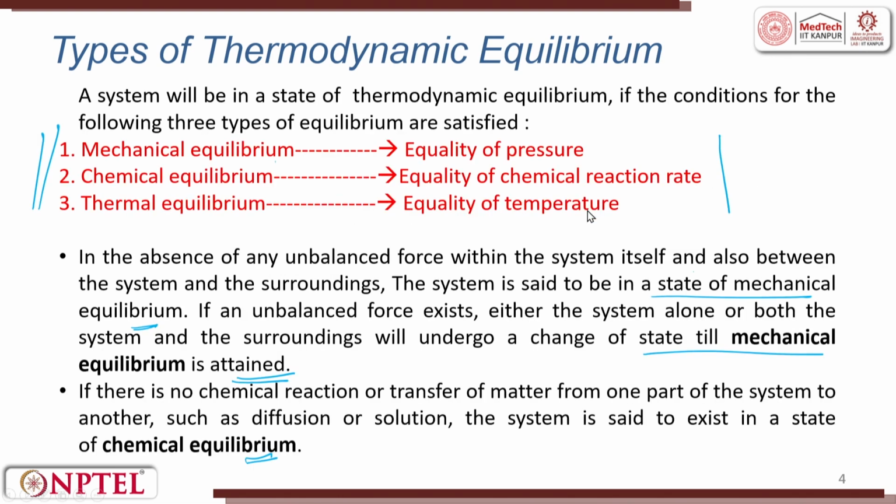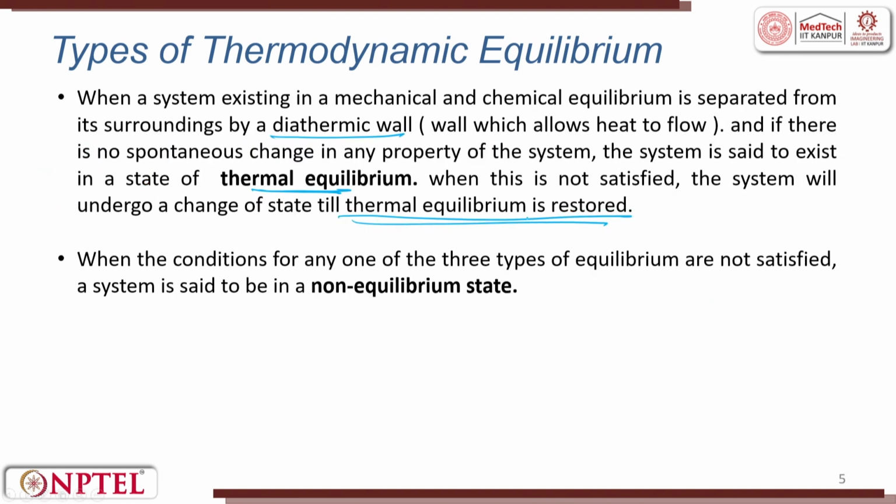So, what I am trying to tell you is mechanical equilibrium, chemical equilibrium and thermal equilibrium: when will it be achieved and how it will be achieved. So, that is what we are saying. And why is this important? Because later when we look into several of these cycles, we will be using these properties. So, we discussed till when mechanical equilibrium is attained, when chemical equilibrium will be attained and when thermal equilibrium will be attained.